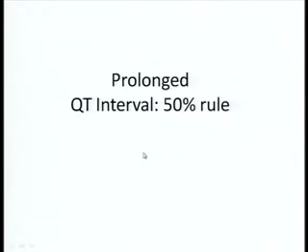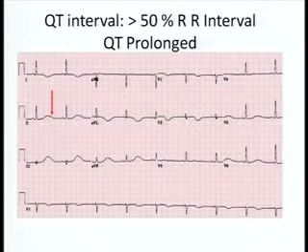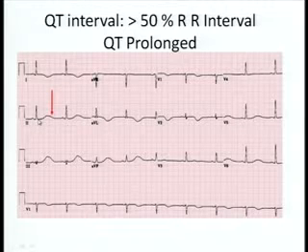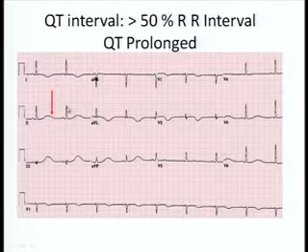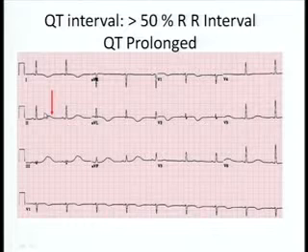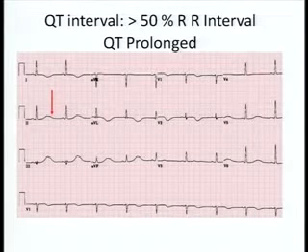So how do I look at it? I call it the 50% rule. 50-50, crackjack. So let us look at it. If you see a QT interval starting from the beginning to the end of the T wave in lead 2, possibly, if it is more than 50% of the RR, then very quickly you have made a diagnosis of QT prolongation. And if it is less than that, possibly you are not dealing with a QT prolongation. But if you have found this out, then you can use the Bazett's formula to get the accurate